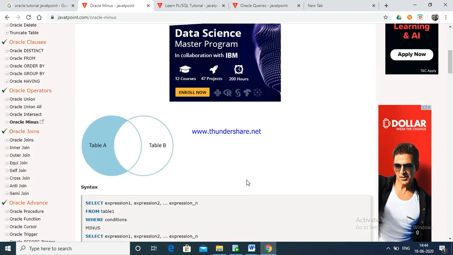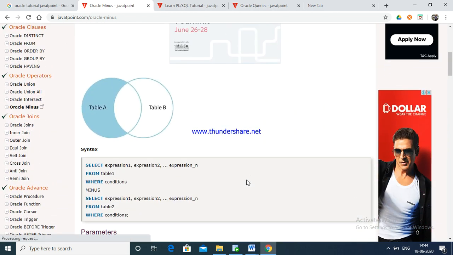Now we are going to check the definition. What is the definition? See here, this is the first table. It will completely remove the A minus B records. This space will show, and only this space we will get as the result. This is the MINUS expression.